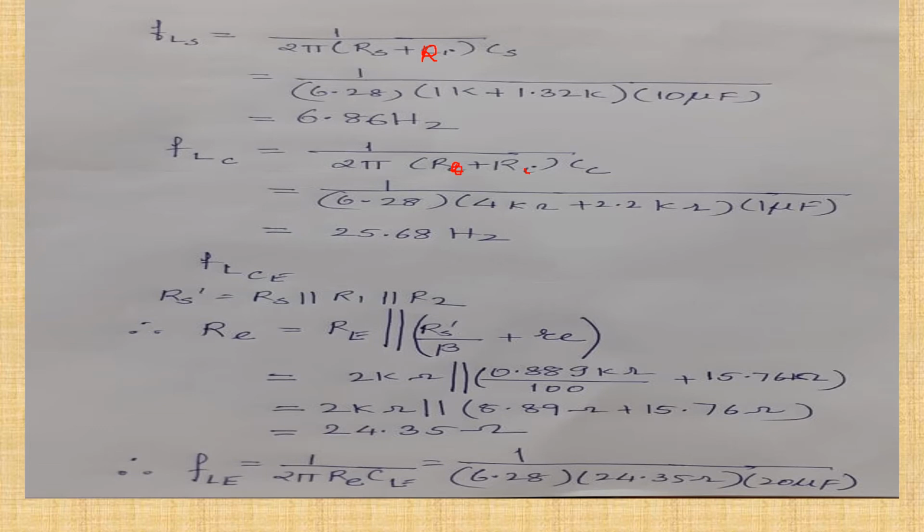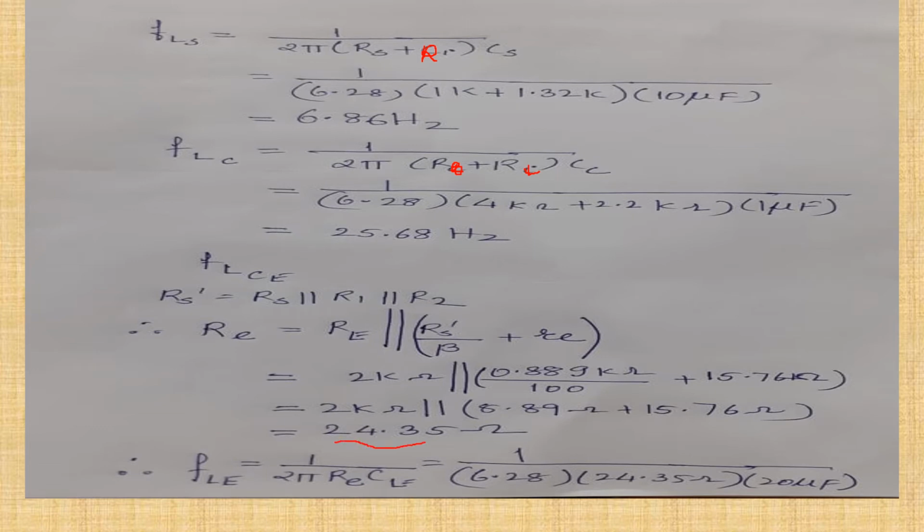This should be F0. So substituting this value, this is load resistance RL. So you get this FLC, which is at the output. Now coming to FLCE, RS dash we have found out. RE, small re is RE parallel RS dash by beta plus RE, and this comes out to be